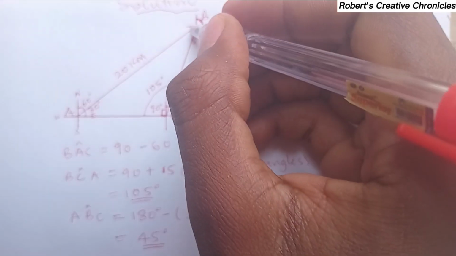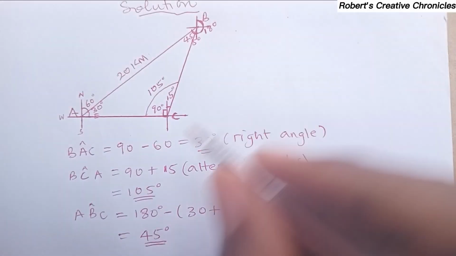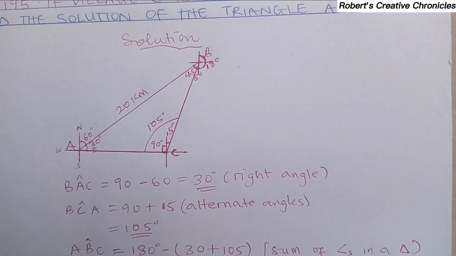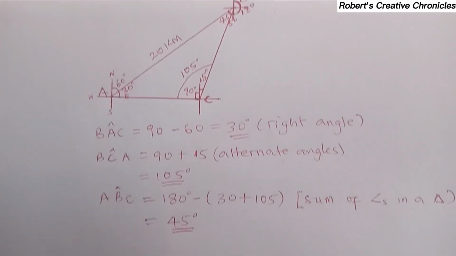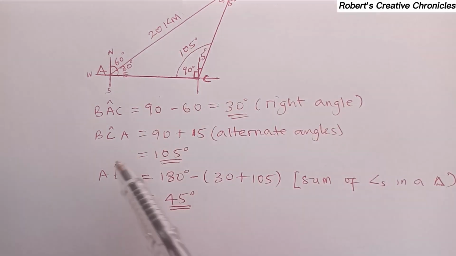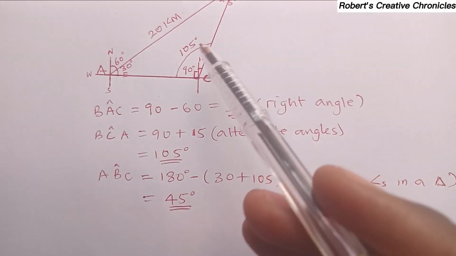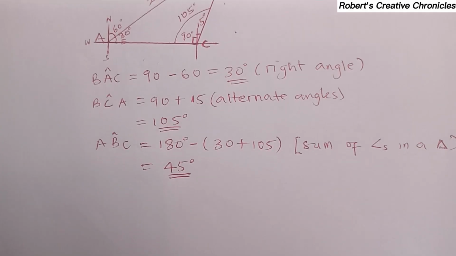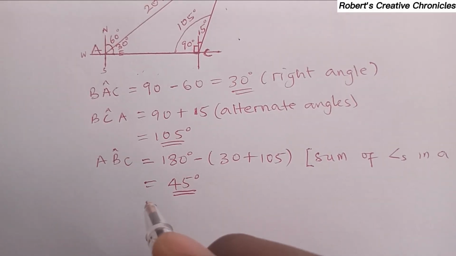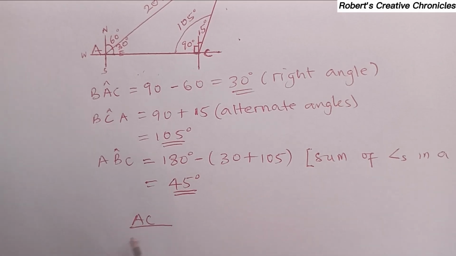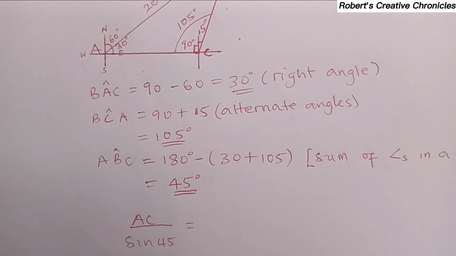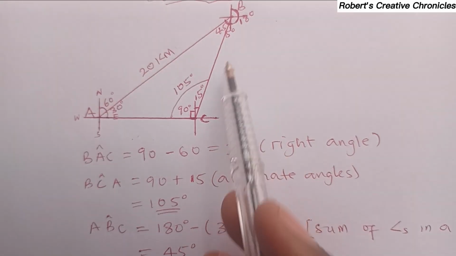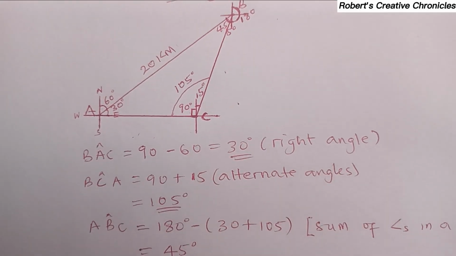So that means here is 45 degrees. So now the question says we should find the solution of the triangle ABC. We have solved all the inner angles. Now remaining, for this triangle to be fully defined, we need to find these two sides, and we'll use the sine rule to do that. So according to the sine rule, AC over sine 45, the side opposite to this, should be equal to BC over sine 30